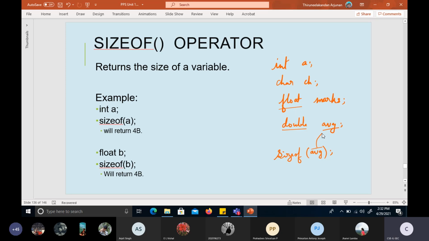So it identifies that in a typical 64-bit computer, int will take 4 bytes of memory, char will take 1 byte, float again will take 4 bytes, and double will take 8 bytes. So now our computer will find that this average variable is of type double, so double will occupy 8 bytes in memory. It will return 8 actually, but that 8 is a round number, so we need to catch that number. Let's say we will simply use a variable called temp.